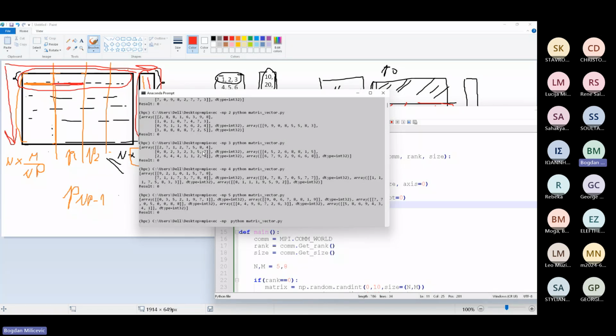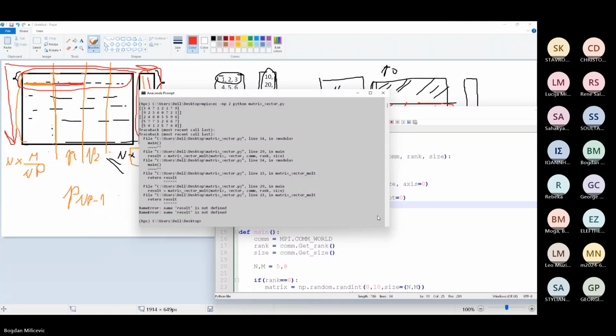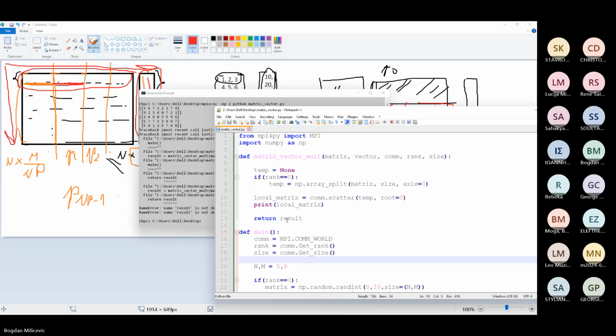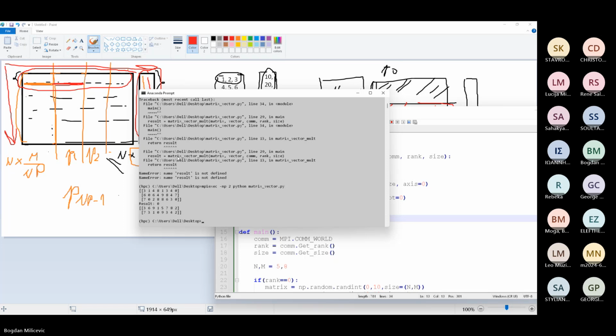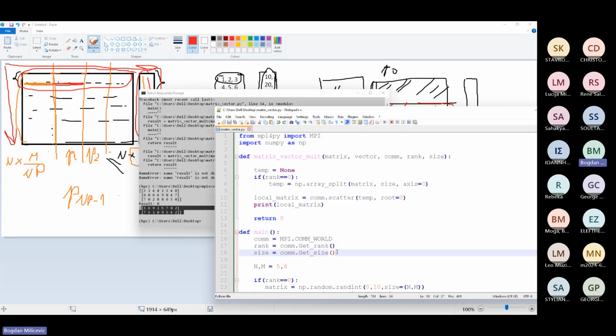Let's stick with 2 processes. Okay, seems okay. Process 0 has these values, or this part of matrix, and process 1 has this part of matrix. So 3 rows for process 0, 2 rows for process 1. Works okay. Everybody should have a full vector,